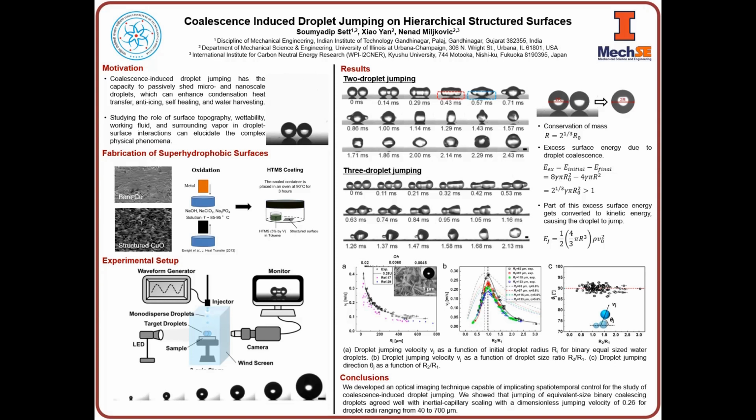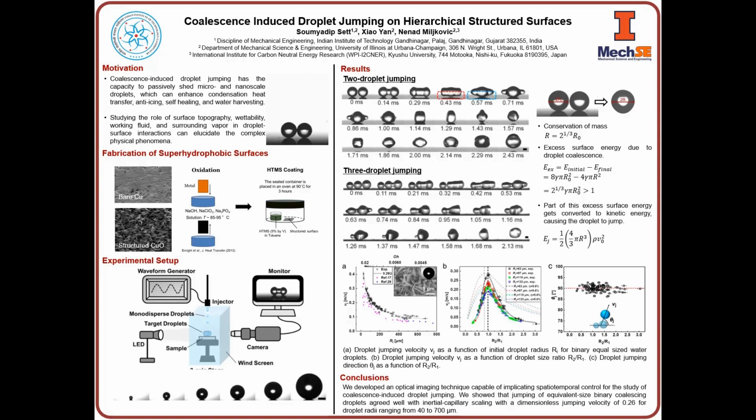Once the two droplets come in contact, a liquid bridge is formed that is accelerated radially from the point of contact due to curvature difference. After coalescence, part of the excess surface energy converts to kinetic energy, causing the merged droplet to jump. The location of the droplet at various time instants allows us to calculate the jumping velocity at the instant the droplet leaves the surface. As you can see from the results, we obtained a jumping velocity of about 0.38 meter